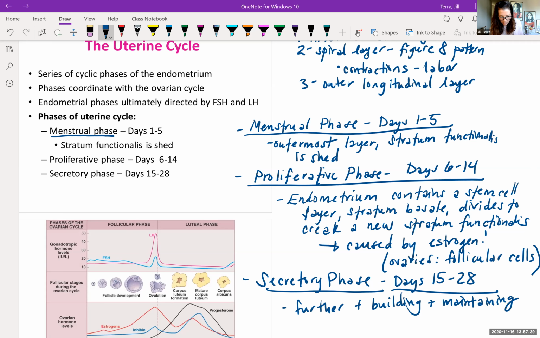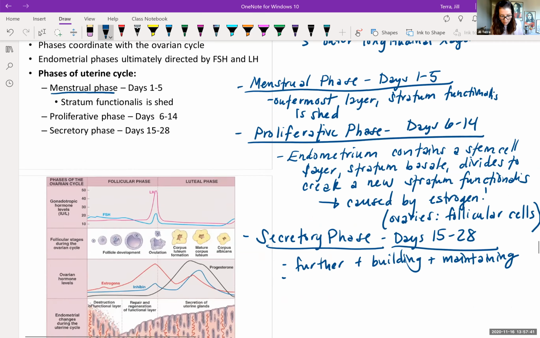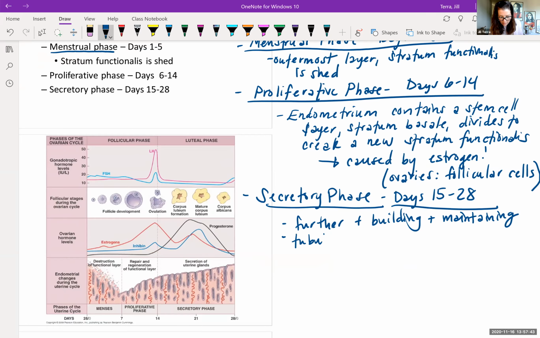We're going to see these tubular glands. You can see in this drawing that there are tubular glands, like this one right here, that make and secrete, hence the name secretory, mucus and other molecules